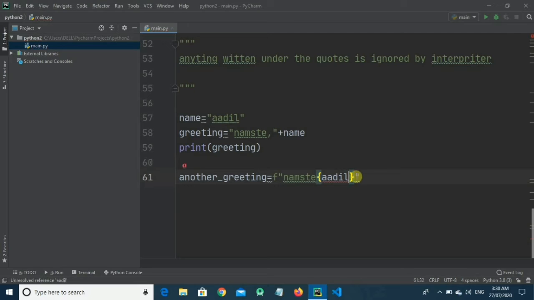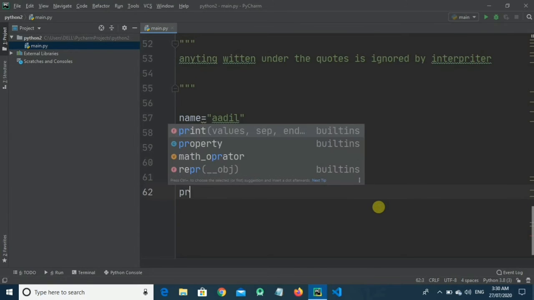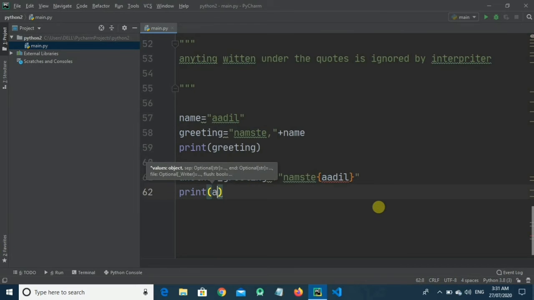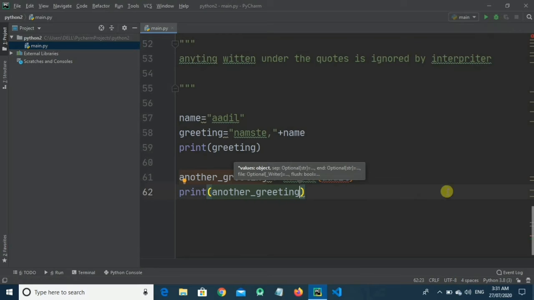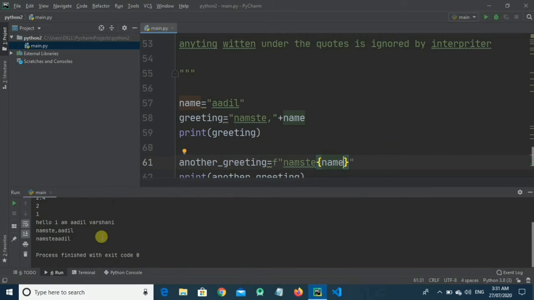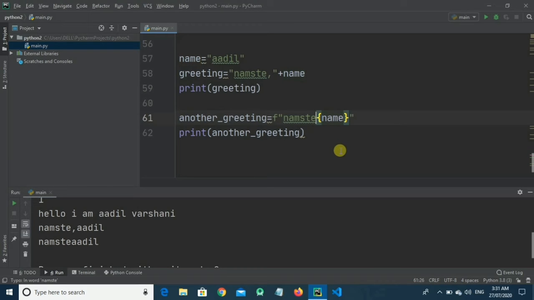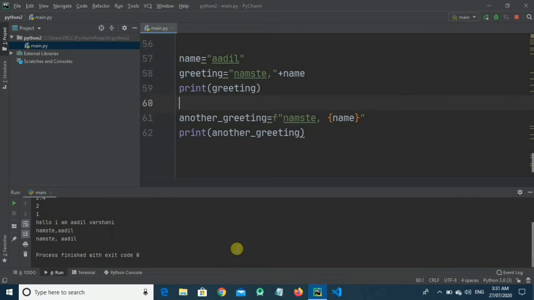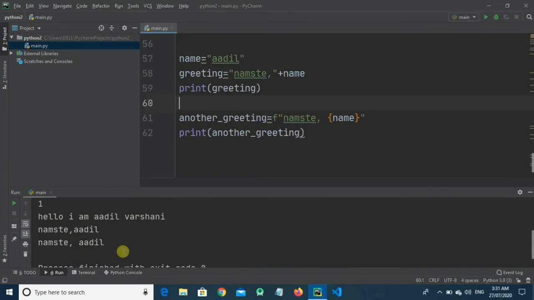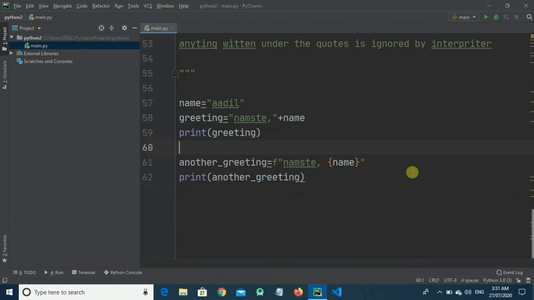Now we will print another greeting, and let's run our program. Now here you can see the output is namaste Adil, but there is no space between them, so let's add a space and print it again. Here you can see namaste Adil.